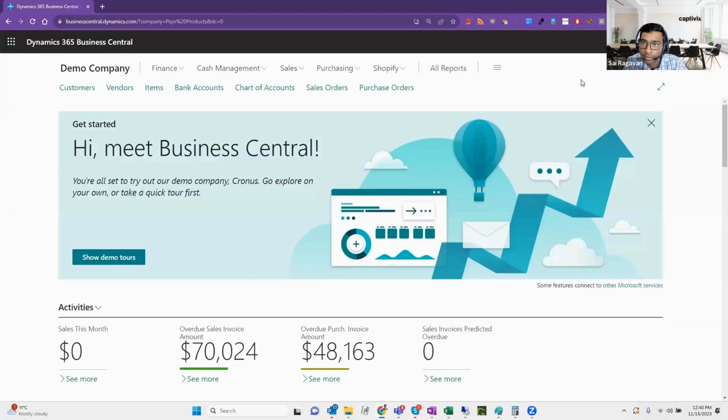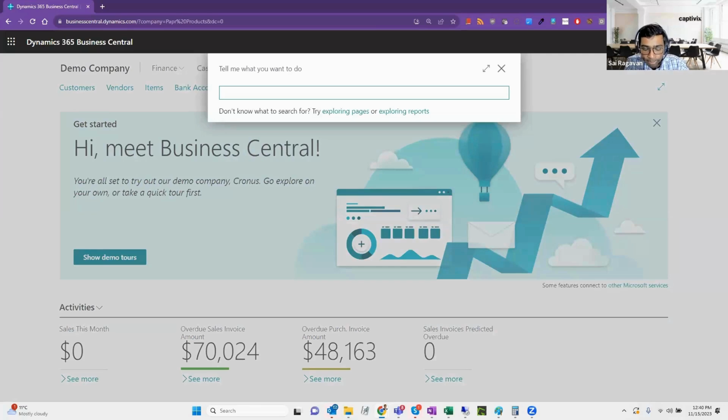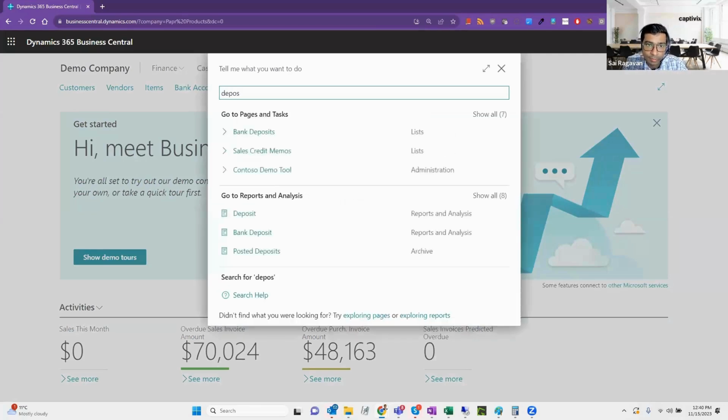We should also include one topic for today, which is deposits, right? So when you receive a deposit from the customer, you can do multiple ways of depositing the entry from the customer. You can do a traditional approach where you do a bank deposit. You can pick the customer, put in the dollar amount, apply the line manually, and so forth, if you like